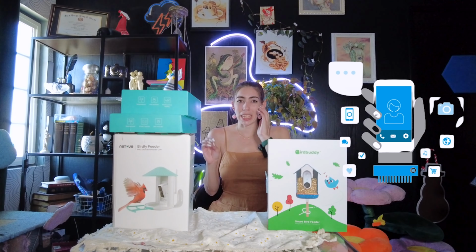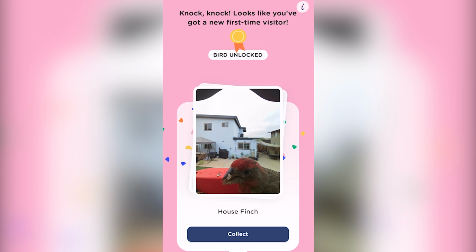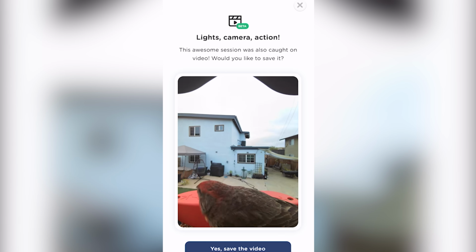Now let's talk about the in-app experience between the two. The Bird Buddy has more of an interactive, gamified experience that might be really fun for kids or like a family event. You have to manually collect each of the birds, then visit and add them to your log in your passbook. Both apps identify what type of bird is visiting with AI technology, but the Bird Buddy has an